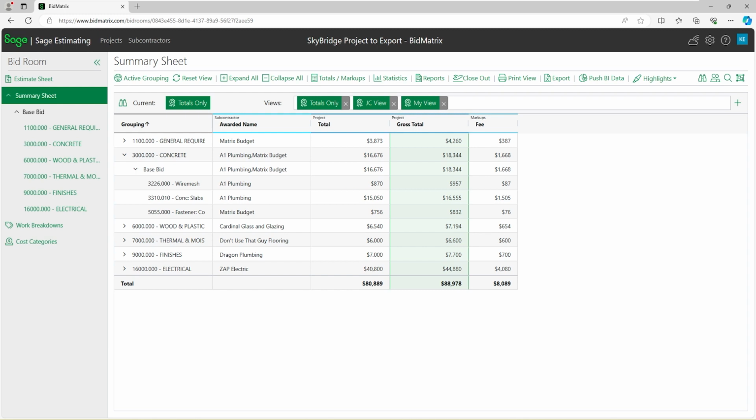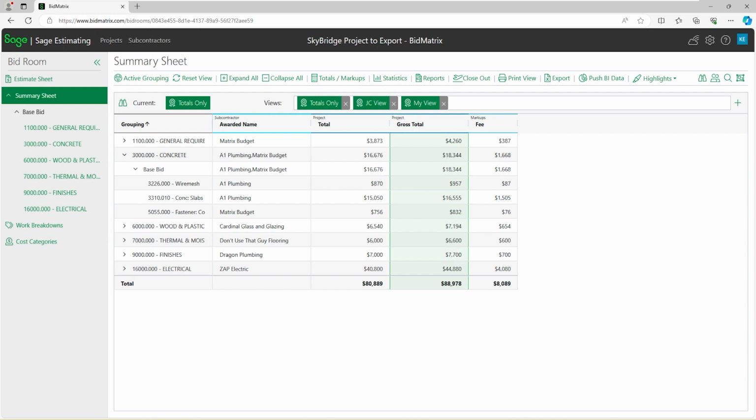The other thing that SkyBridge adds that's pretty powerful is if I import an estimate from Sage Estimating, I can also then do something called a closeout. When I'm done with my project in BidMetrics, it will create a new estimate over in Sage Estimating or WinEst and give me all the final bids that I've got selected and things of that nature, building me an estimate with that information in it. That way I've got it back in estimating to do other reports and maybe transfer it to job costing and things like that.